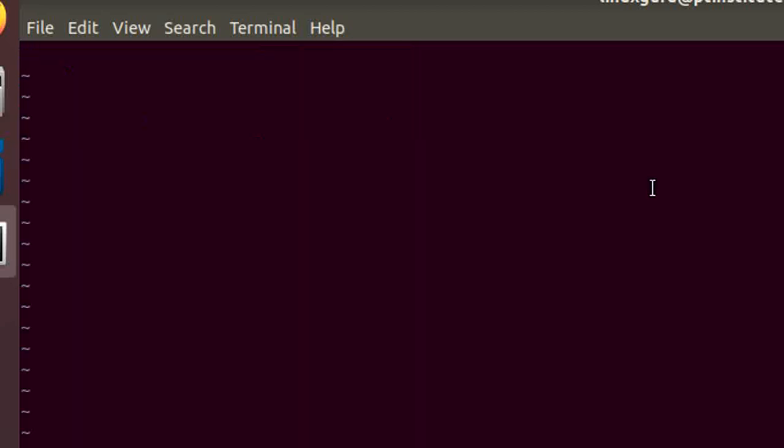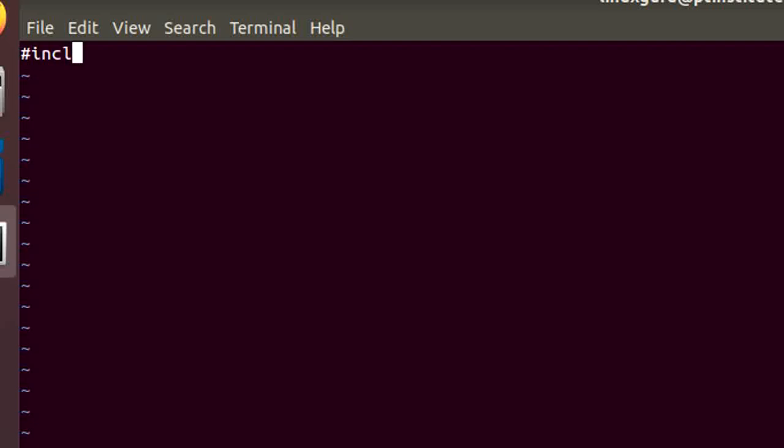You are into the file first.c, and it's a new file. What's the meaning of new file? If the file does not exist, it will make a new file. If the file already exists, it will open the same file. Now in order to write code, we have to press I. When we press I, it will go into insert mode. So once it goes into insert mode, now we can start writing our program.